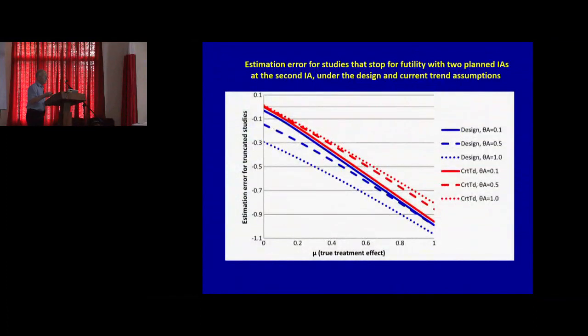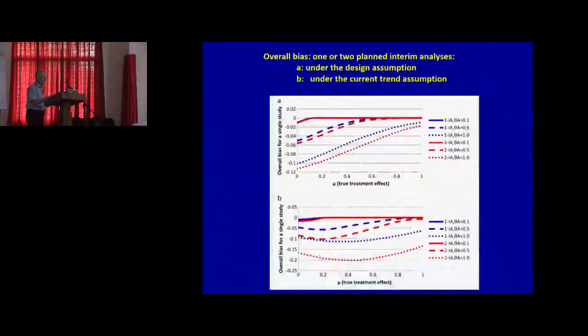Okay, I'll skip over this. This one talks about if you have two interim analyses, so it's a somewhat similar picture with some variation. If you're interested, you can have a look at the detailed paper on this. Here's the overall bias again under the two assumptions, and so on. Okay, let's